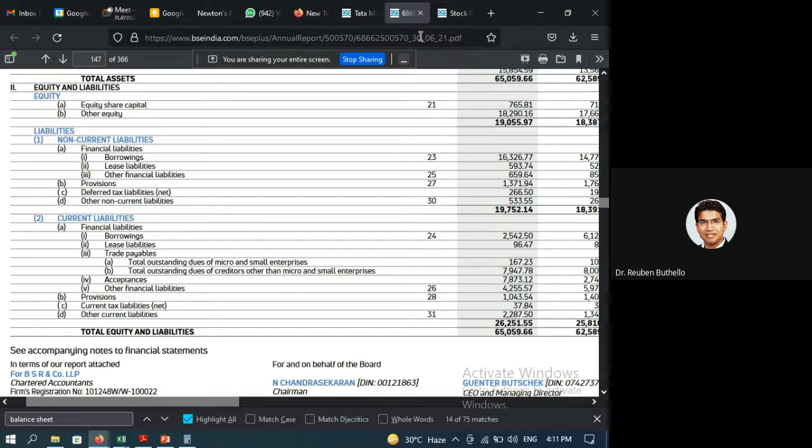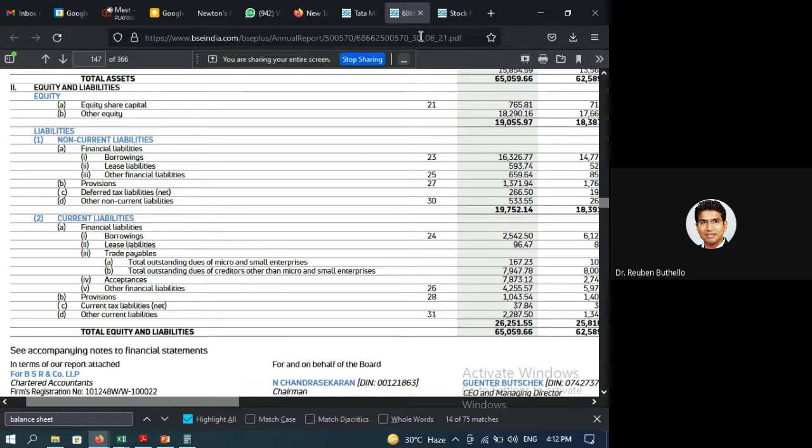Okay, means it's actually seven. My main equity share capital is 765. I need to find out what is the other equity that they're talking about. Maybe it is some preference shares, or there are some other class of shares. What do you call this? I'm not getting the name. It may be convertible or non-convertible bonds or something of those types. So the pure shares are only 765 crore worth, but there are a lot of other classifications of shares which may not have voting rights, which are worth around 18,290 crore.